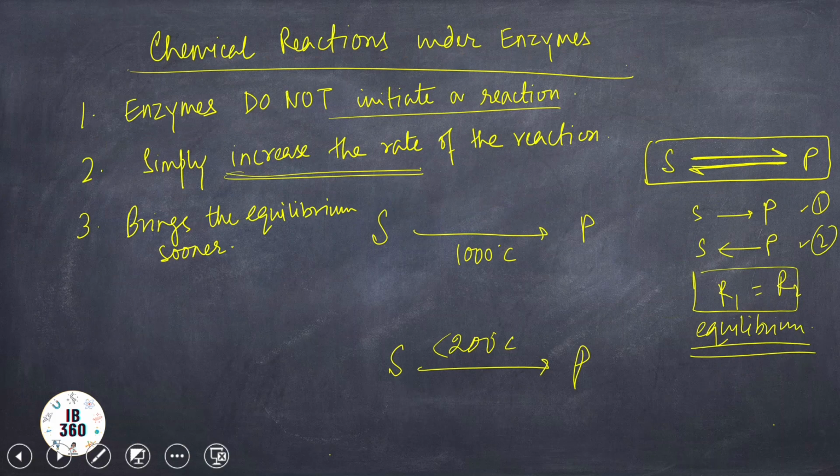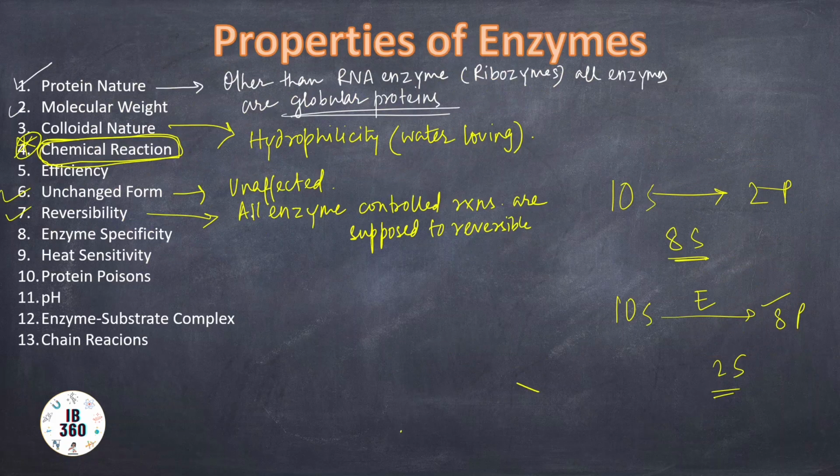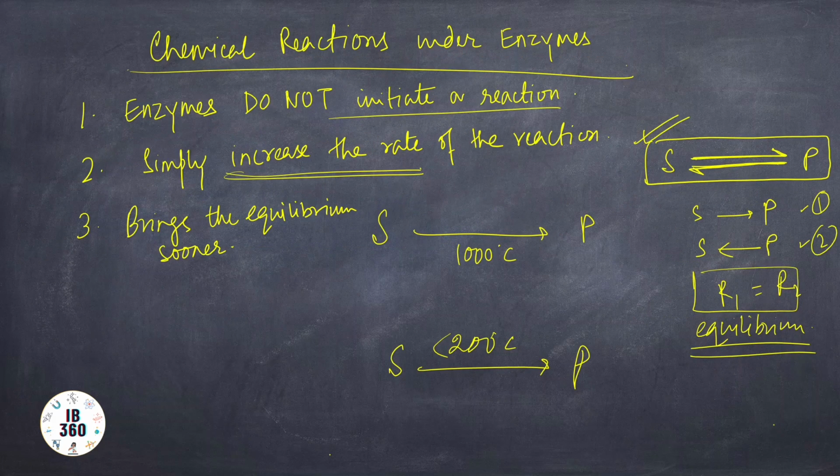But this phenomenon of reversibility depends on other things also, like temperature, pH, then availability of reactants. Reactant means substrates only, but if substrate is more than one, they would be called reactants. And also the concentration of the end product, because here the concentration of product is also playing a role, since the reaction can occur in both directions. So sometimes when the product again moves backward to form the substrate, its concentration also matters actually.